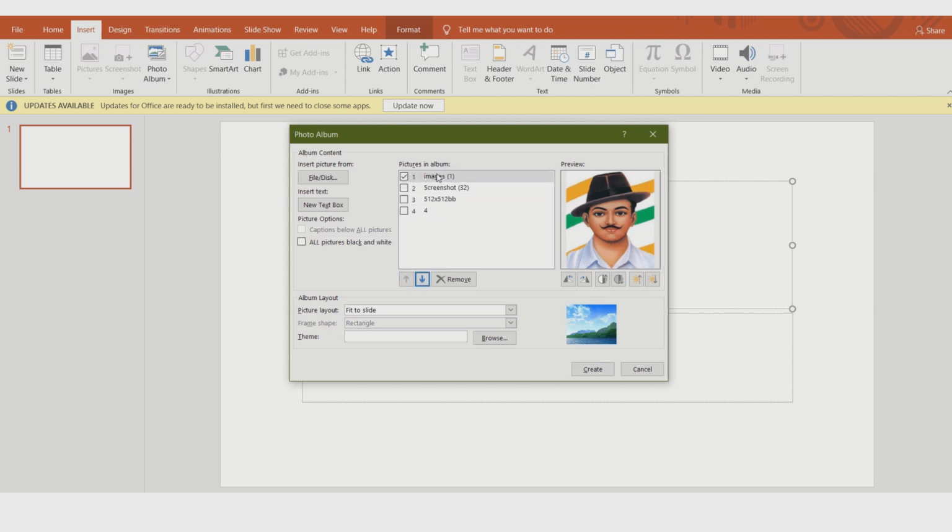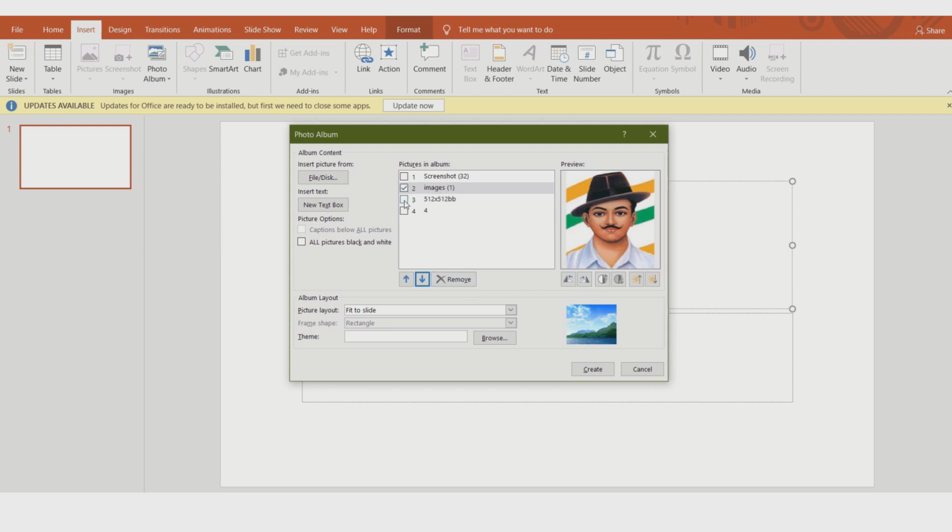Okay, this will be the second position. So of these two buttons, this one is upward and this one is downward, and the Remove option is used for removing photos. Suppose you want to remove this photo, just select it and remove.